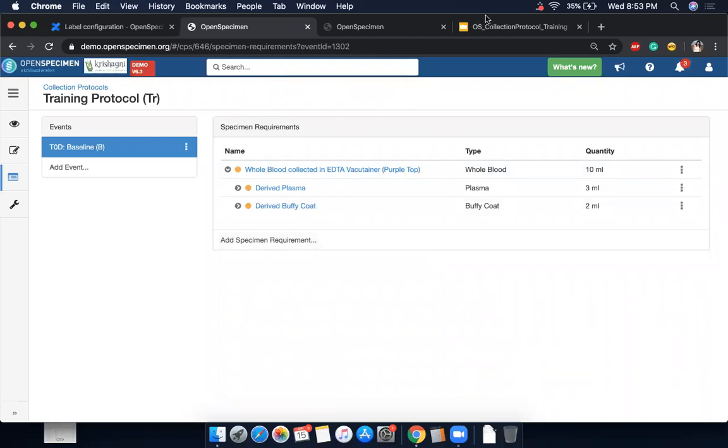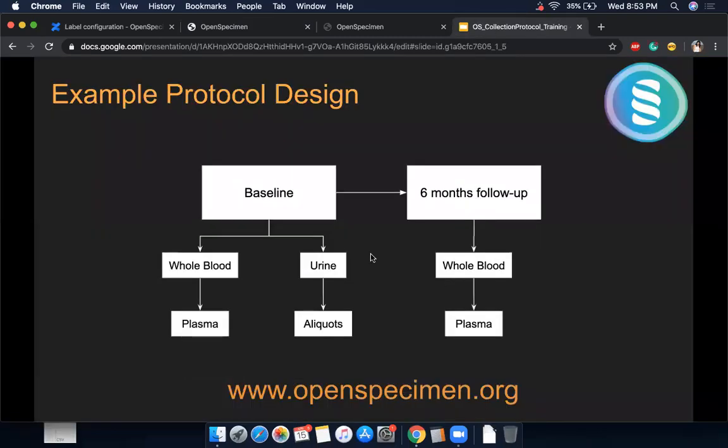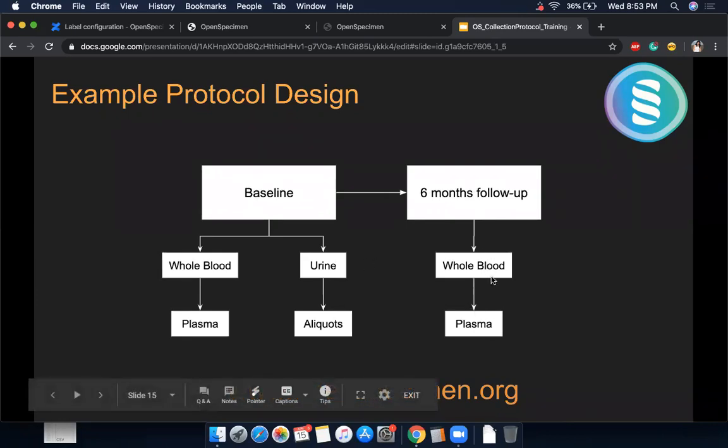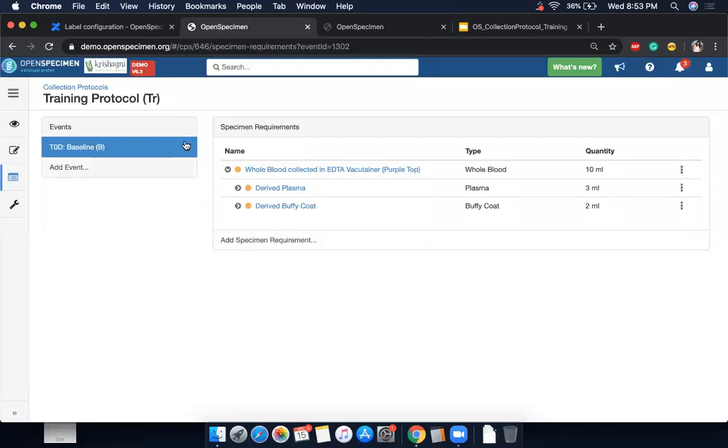Before that, if I go back to my design, I see that the 6-month follow-up is the same. I'm going to make blood and plasma, except that there is no urine. So instead of creating urine first, I'll make a copy of this event so that I don't have to recreate these aliquots again.